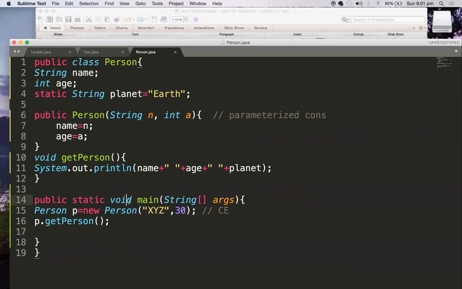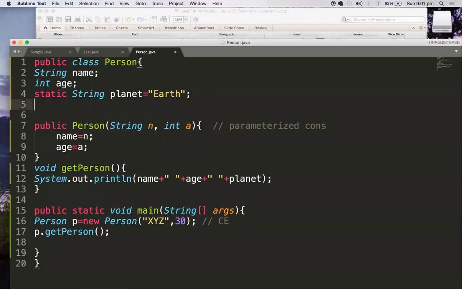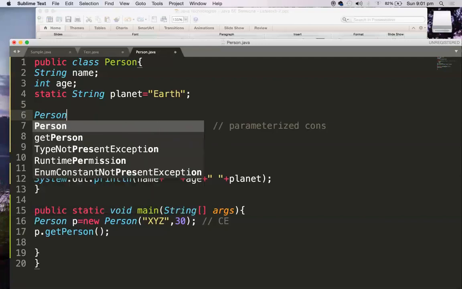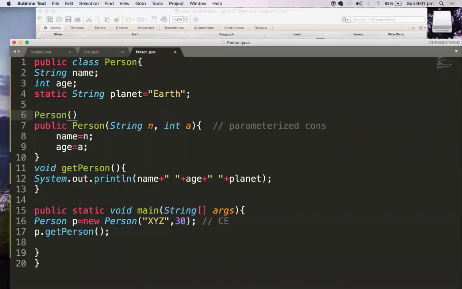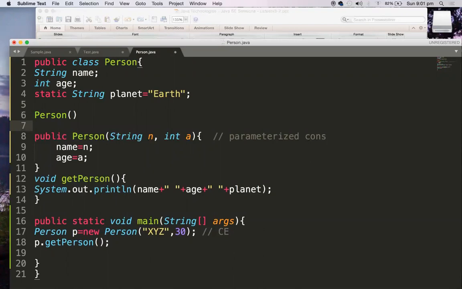Now, like method overloading, constructor overloading is also possible. So I am writing one more constructor, Person, and this constructor is a default constructor.